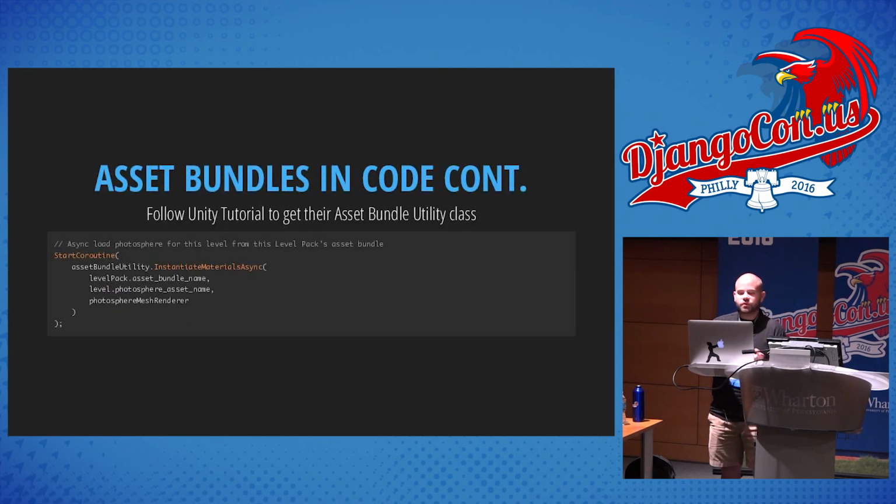So in our actual code, once I created this function inside of Unity's asset bundle utility, I would then just start a new coroutine, which means basically call this method asynchronously. Because in games, often you don't want to block the game, because the user will just get this black screen. Especially if you're in virtual reality, you would cause your user to get sick immediately. If all of a sudden they're in some virtual world, you pause the game and it shows black